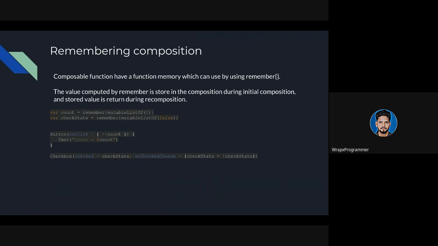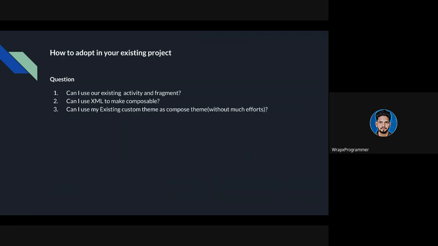जब भी रिकम्पोजिशन होगा, तो रिमेंबर जो है वो अपना बेसिकली जो वैल्यू है उसको रिटर्न कर देगा। तो वो वैल्यू को रिटर्न कर देगा, और फिर उस वैल्यू को आप सेट करवा सकते हैं। तो if there is some changes, then value will be set. If there is no changes, the recomposition will not happen, स्किप्ड हो जाएगा। वो जो स्किप वाला पार्ट था, वो यहाँ पे ऐसे ही स्किप्ड होगा।